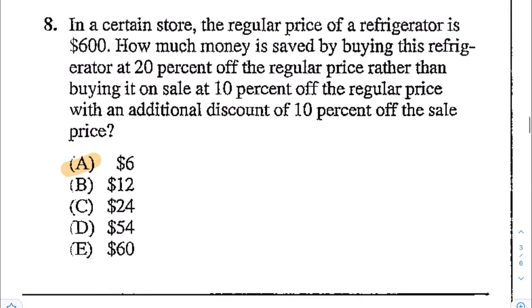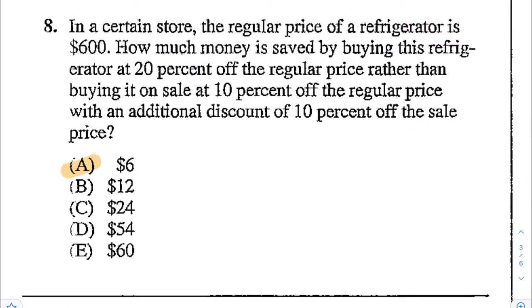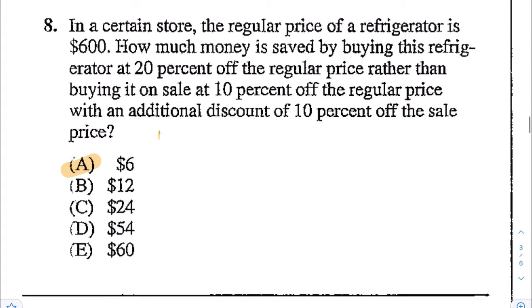All right, next, for question number 8, in a certain store, the regular price of a refrigerator is $600. How much money is saved by buying this refrigerator at 20% off the regular price, rather than buying it on sale at 10% off of the regular price with an additional discount of 10% off the sale price? So here you have two different ways of buying this refrigerator. So method 1